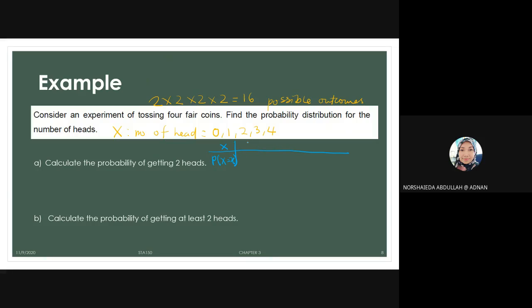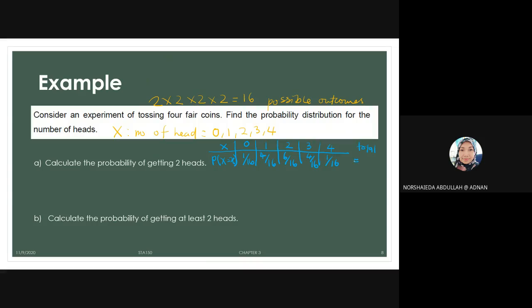So the value of x is either 0, 1, 2, 3 or 4. So the probabilities from before for x equal to 0 to 4 are 1 over 16, 4 over 16, 6 over 16, 4 over 16 and 1 over 16. Okay, and the total probability